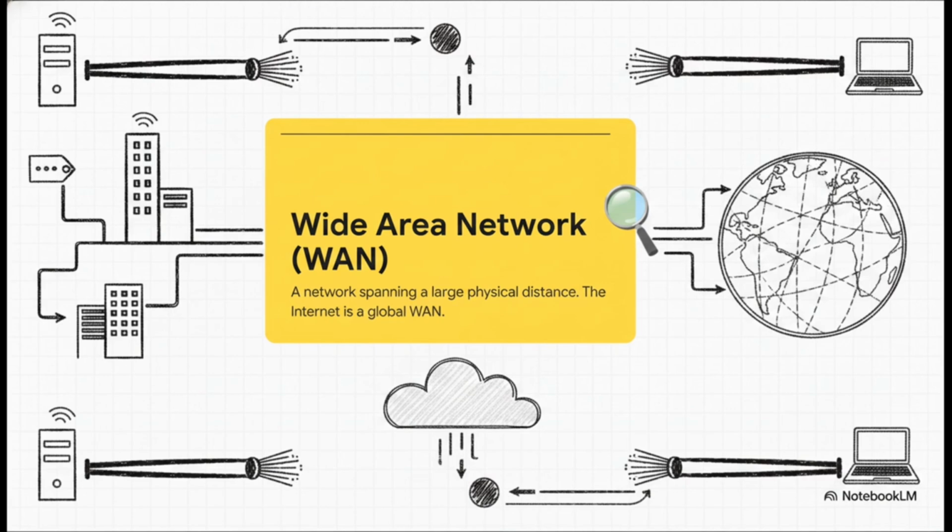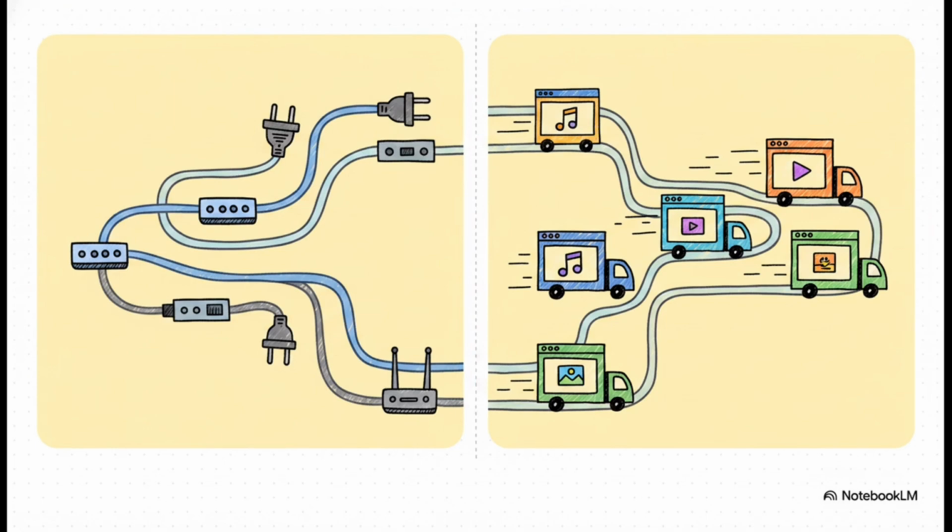Well, the crucial point here is that the internet isn't magic. It's actually a massive, completely physical relay system of cables and routers connecting computers globally. Think about it like this. If you connect a few computers in your archival office, you have a local area network or a LAN. Connect them across a whole city and it's a metropolitan area network. The internet, it's just a wide area network, a WAN, scaled up to span the entire Earth. It relies heavily on physical infrastructure, like the massive fiber optic cables owned by major backbone companies, to transmit information rapidly from a server straight to your client computer.